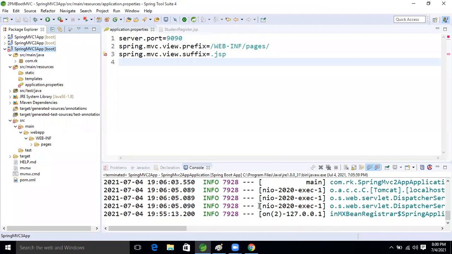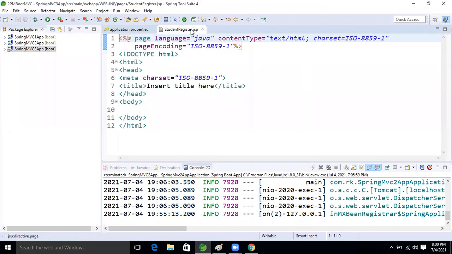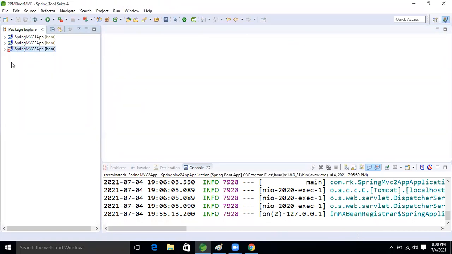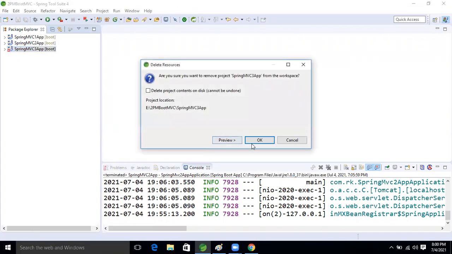No, guys, something is wrong at the time of creating this application. I'm deleting this application, and I will create it again, because some issue was there at the time of creation.